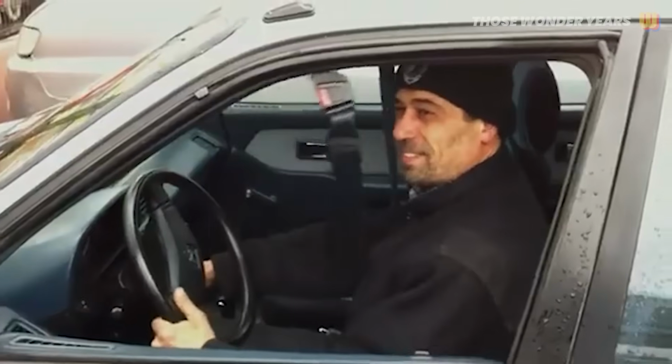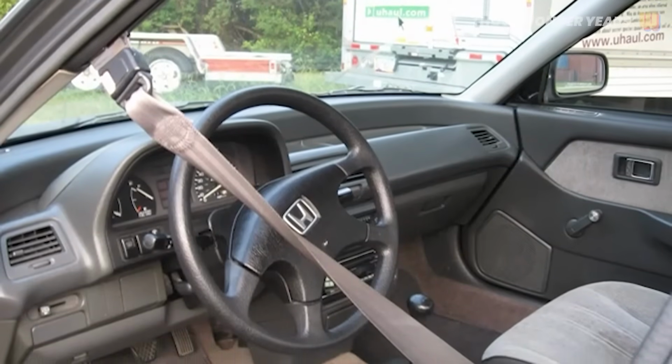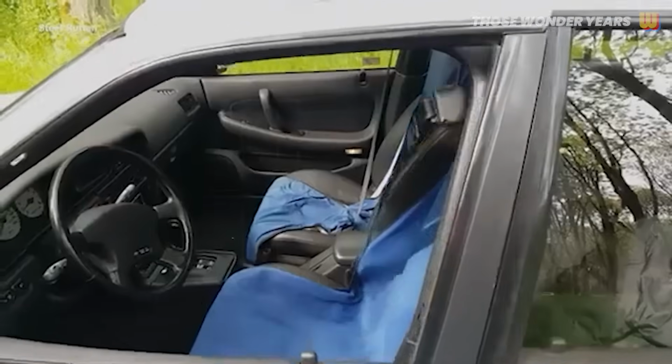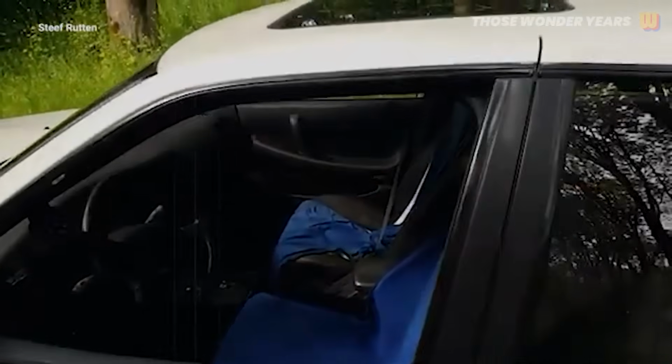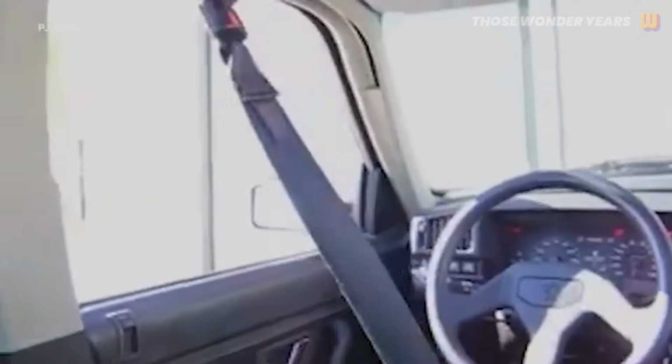Love them or hate them, automatic seatbelts were a quirky hallmark of 1980s automotive safety. Designed to comply with new safety regulations, these belts moved along a track to secure passengers automatically when the car door closed. While they could be finicky, they were undeniably futuristic at the time. Cars like the Toyota Camry and Ford Escort featured this innovative system, making seatbelt use unavoidable, whether passengers liked it